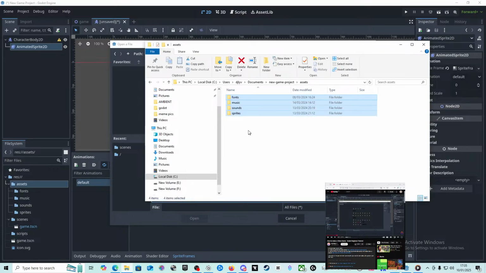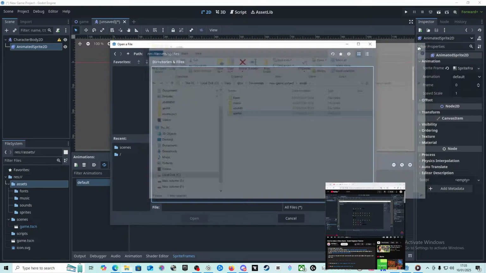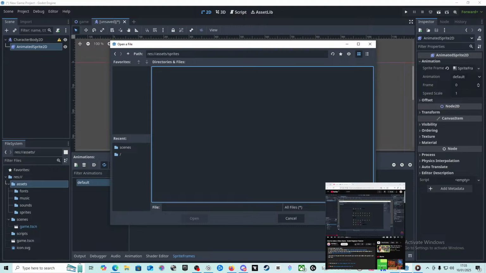What am I doing wrong? This folder is empty. Hold on.